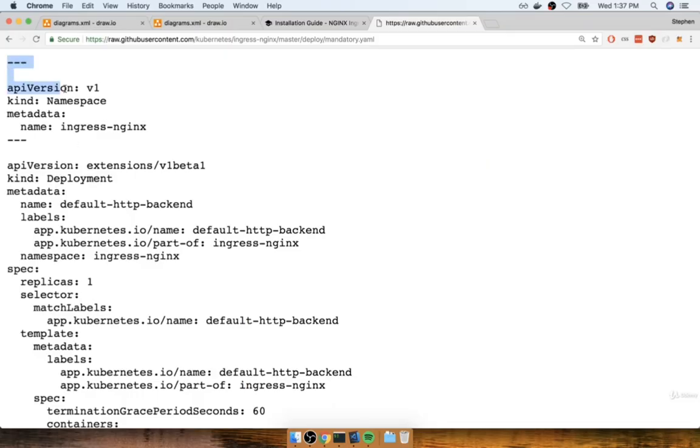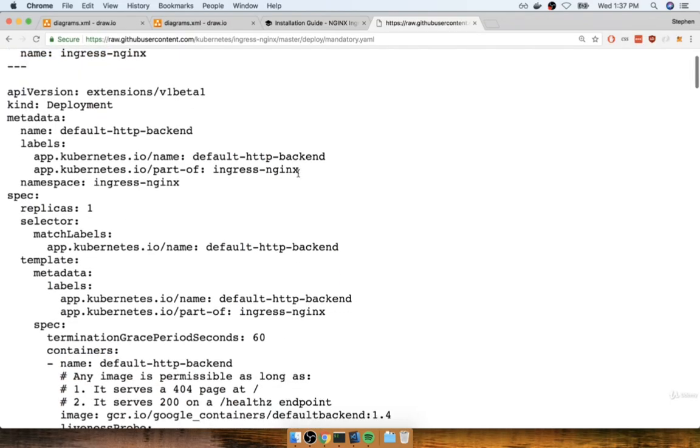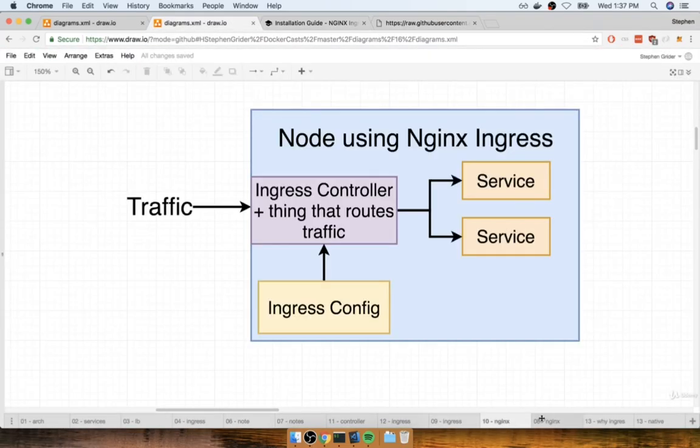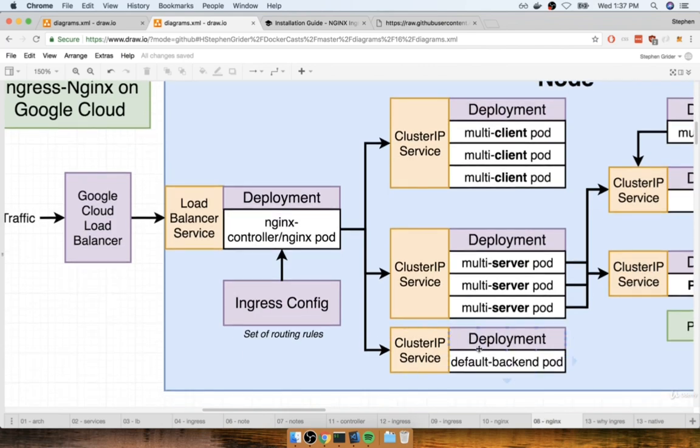You'll notice that the first thing that is created right here is something called a namespace. A namespace is used to kind of isolate the different resources that we are creating inside of our Kubernetes cluster. And it's something we'll discuss just a little bit later on. Immediately after that, we'll see a deployment with the name of default HTTP backend. So again, this is a little deployment right here that is going to be created for us that's going to essentially serve as a health check and tell the